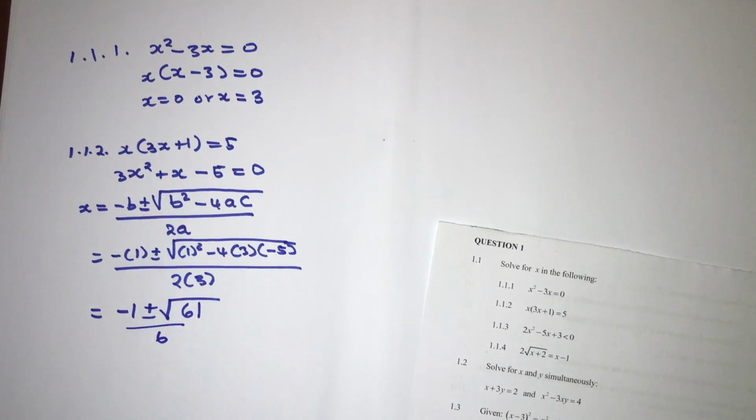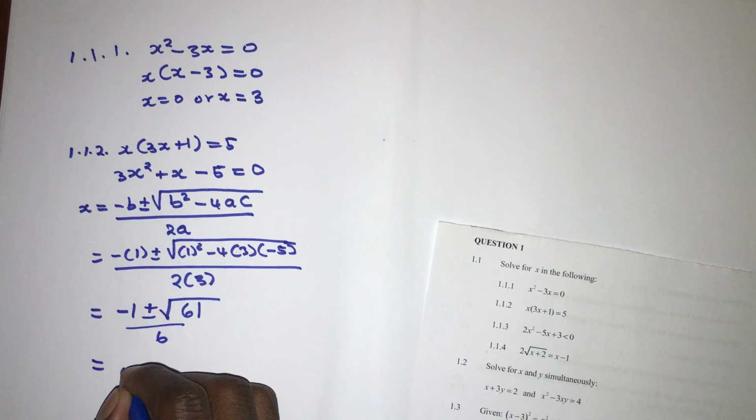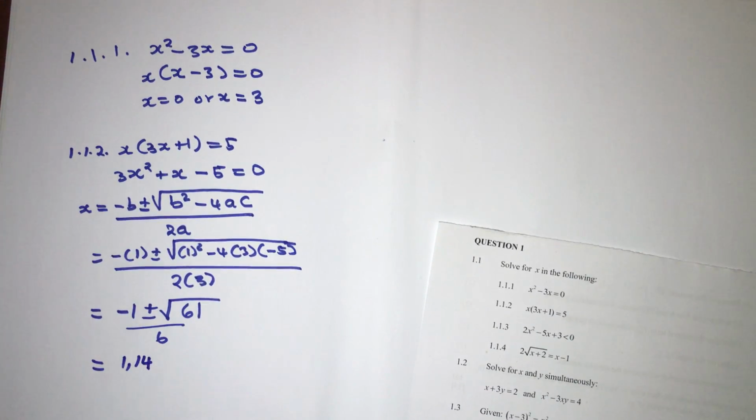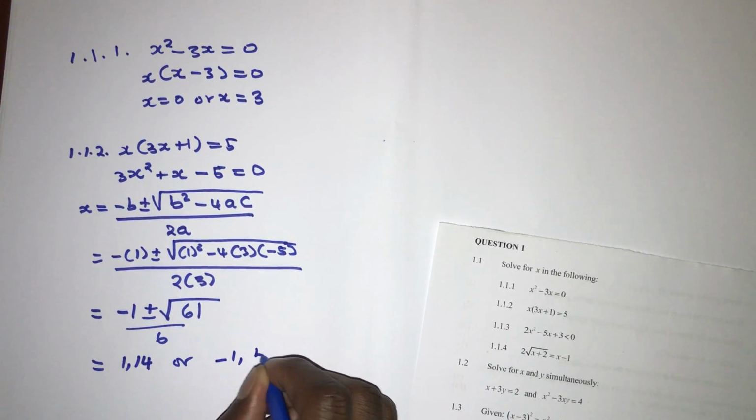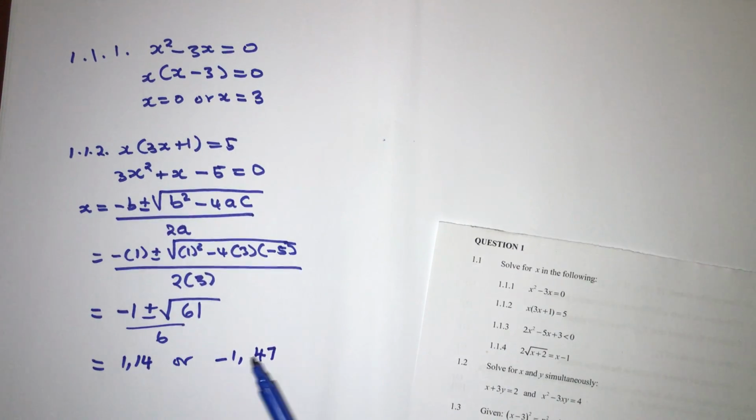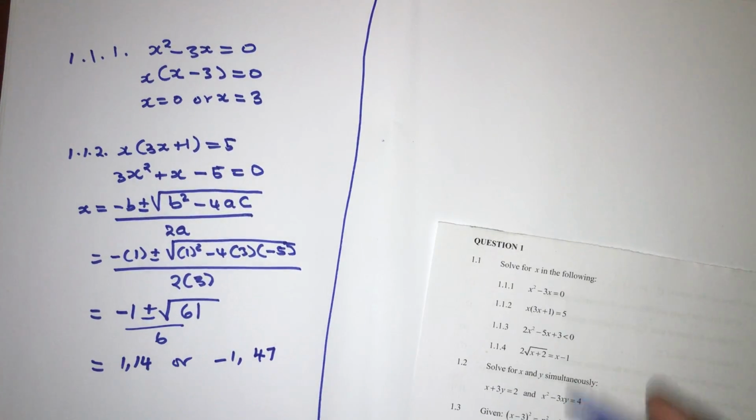Then divide by 6. So when you're in this situation, just punch the calculator, ignore the negative sign first, and use the positive one. And then we're going to have 1.14 when you use the positive one, and then for the negative one, we're going to have negative 1.47. So these are the answers to 2 decimal places. Remember the instruction. And then